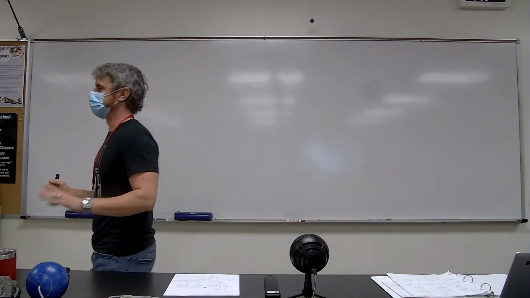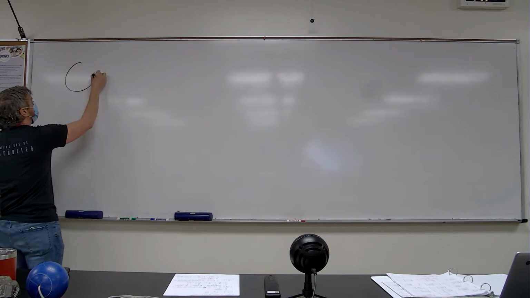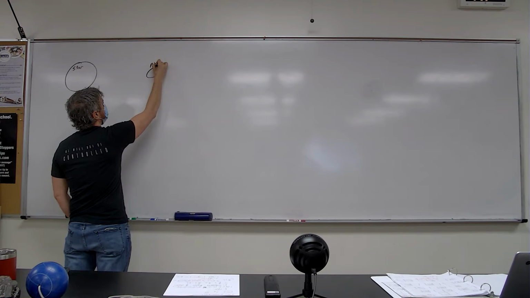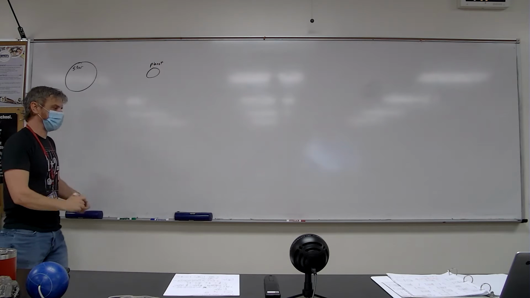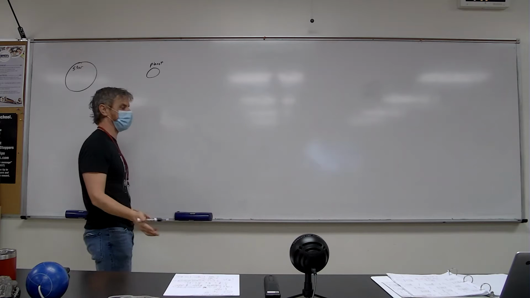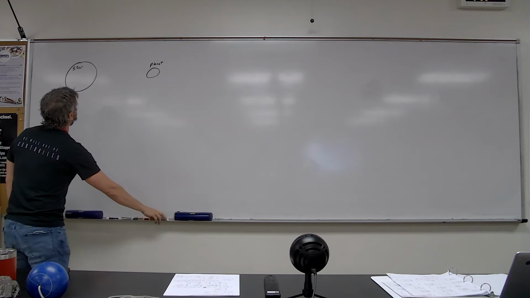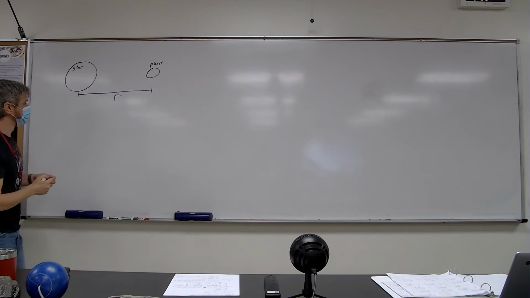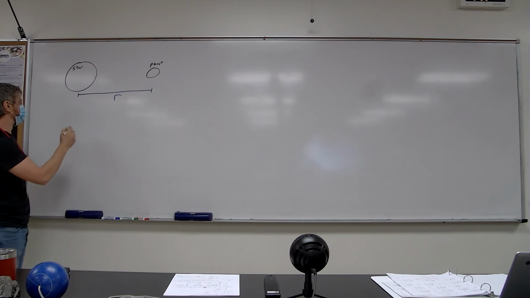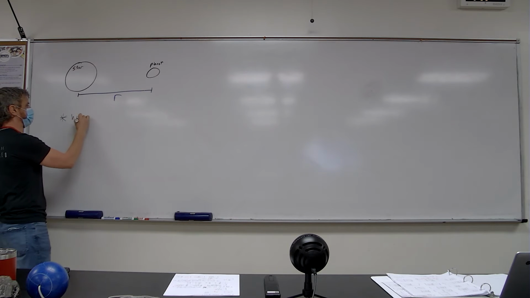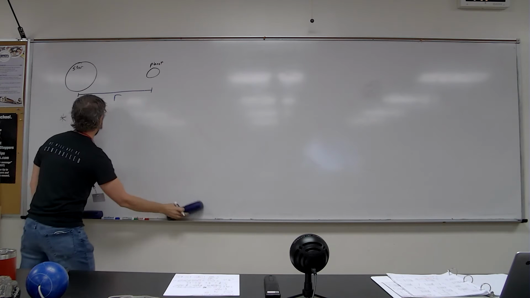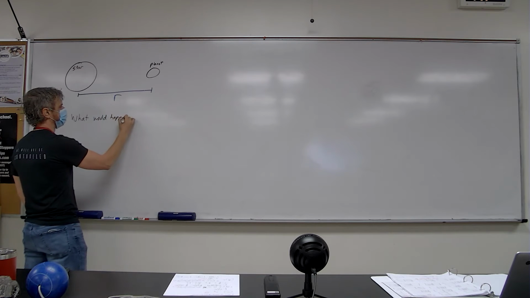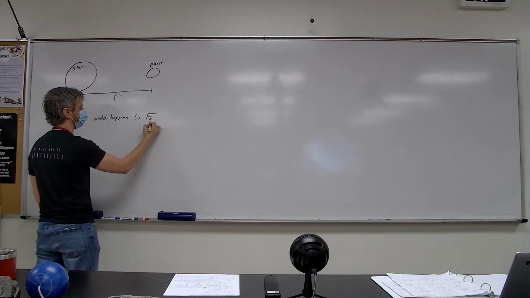Let's look at a more complicated example of the same kind of problem. Let's say I have a star and I have a planet. I'm going to use slightly different notation here just to show you can use different notation, especially if you're in calculus and you don't like using the primes. I have a star and a planet that are separated by a distance r. And the problem might say, what would happen to the force, I'm just going to write F sub g,